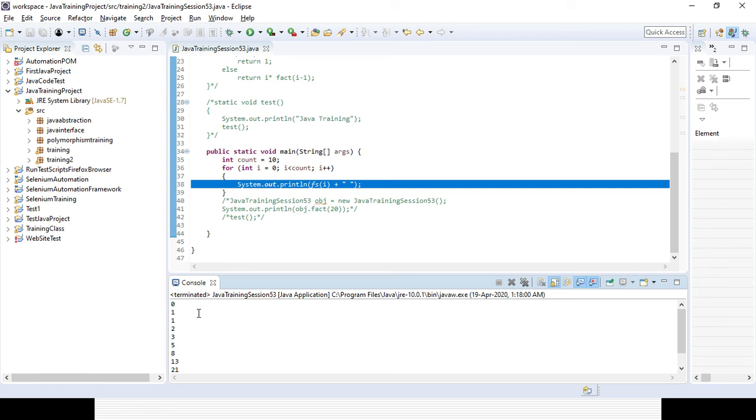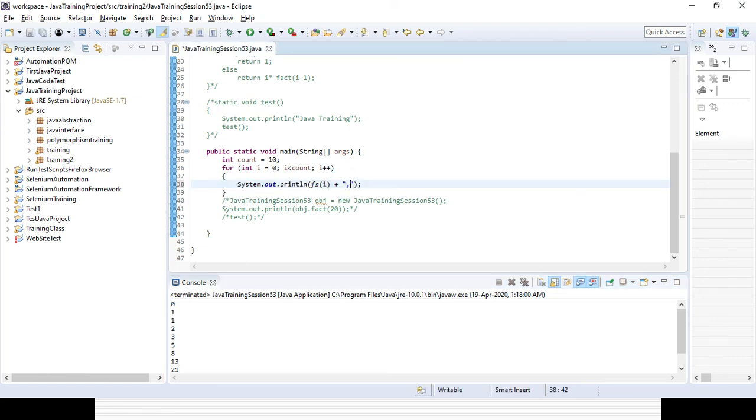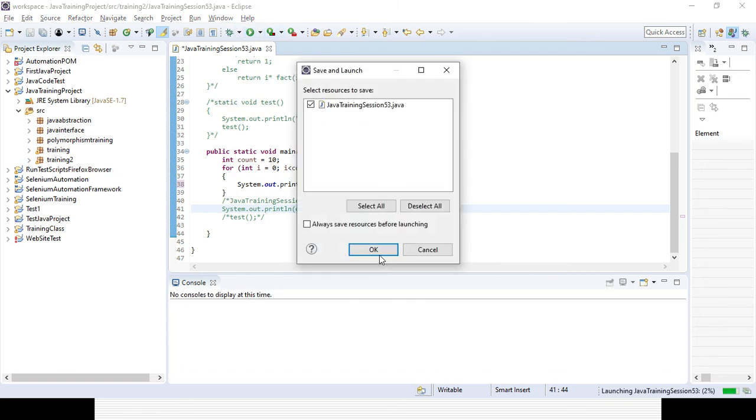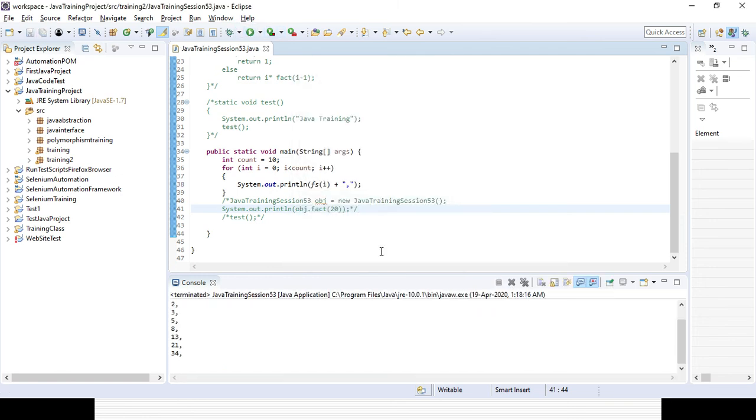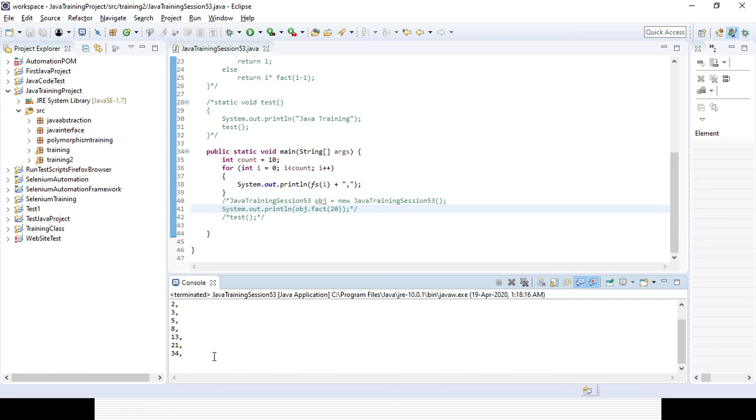If you give a comma here as separator, you can see the comma is also coming. Okay, 0 1 1 2 3 5 8 13, total 10 digits, right?